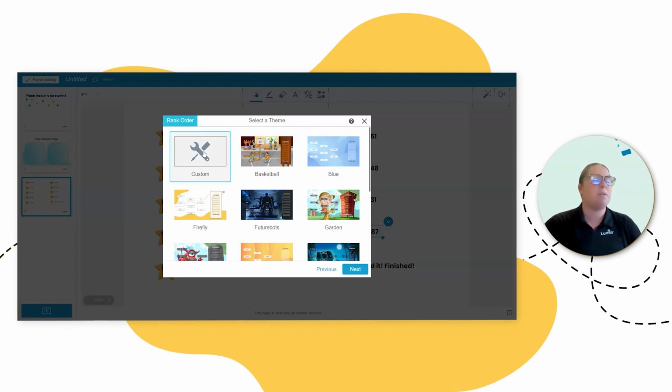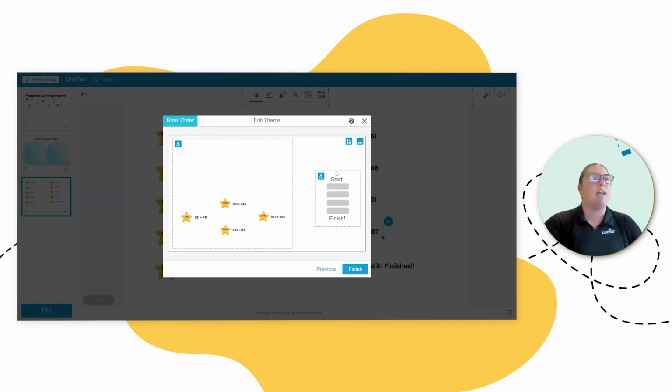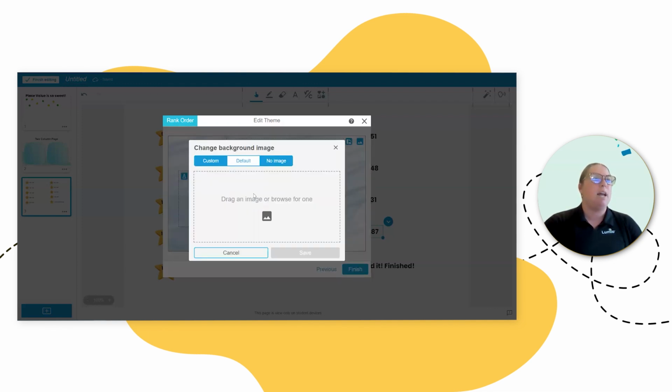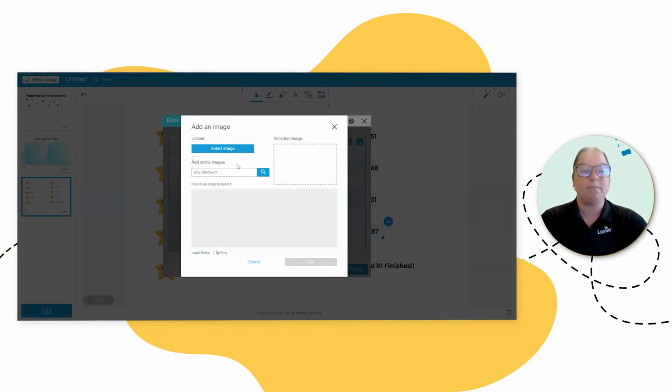The only thing that trips people up with custom is that they think, okay, I hit custom, what's going on? You have to hit next. And this is where I could edit my theme. I can change things around. I can customize it a little bit more than I would on those other themes previously. I can change it to be different colors here. So I actually think I did choose a custom and I said like a starry night.